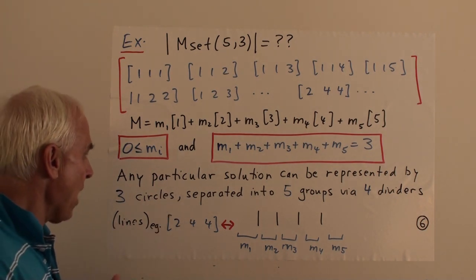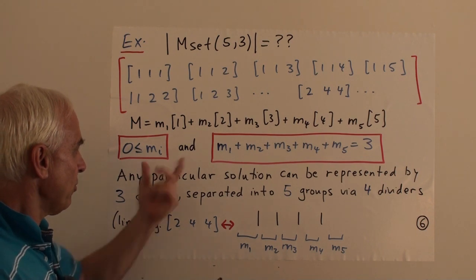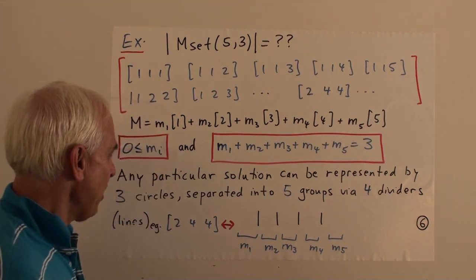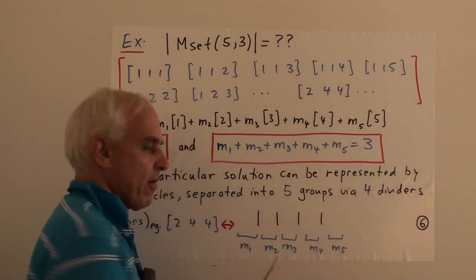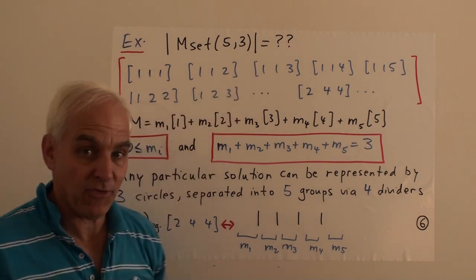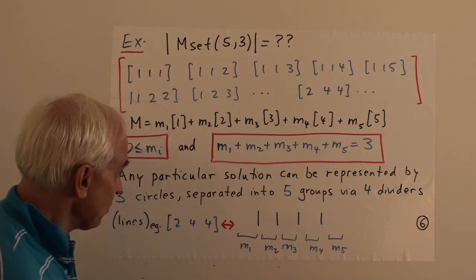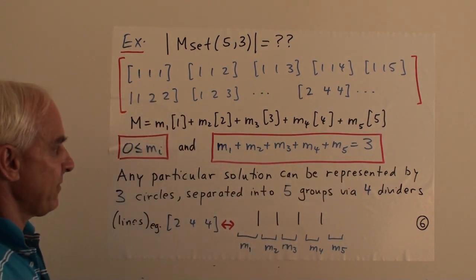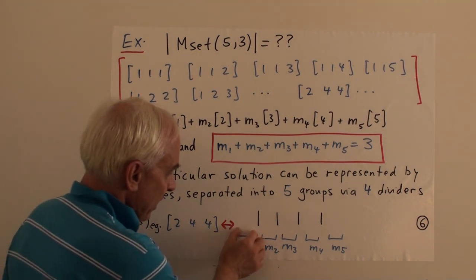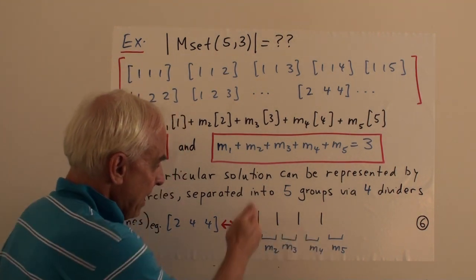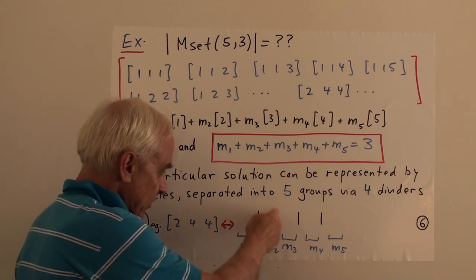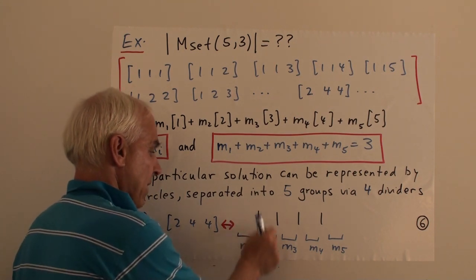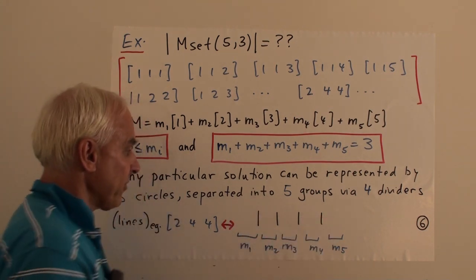Okay, so how are we going to count how many solutions there are to essentially this pair of equations? Now there's a little bit of a trick here, which is to employ some kind of physical representation of these various MSETs. What we're going to do is take these 5 multiplicities and arrange them in order separated by lines. These lines that we're drawing here are sort of like dividers that separate the M1s from the M2s, from the M3s, from the M4s, from the M5s.